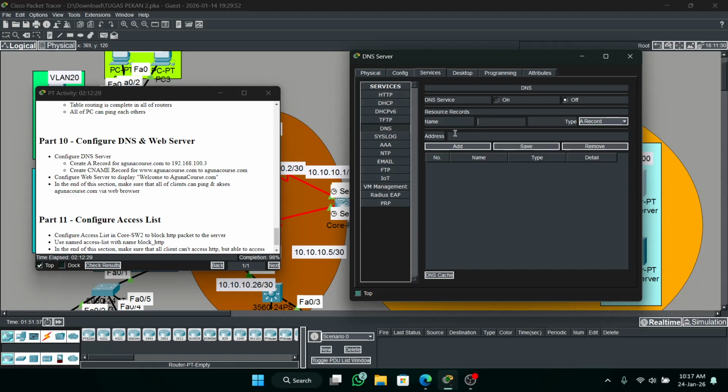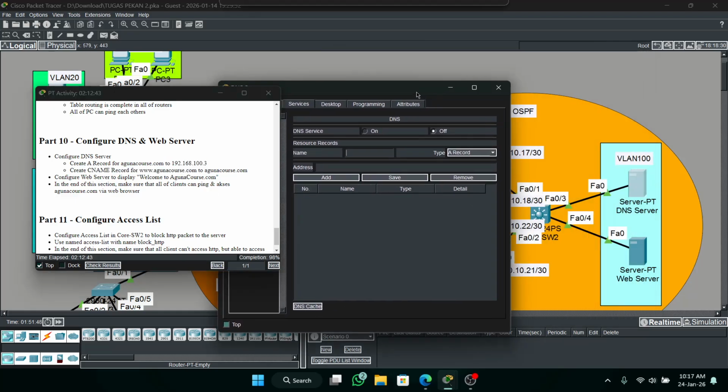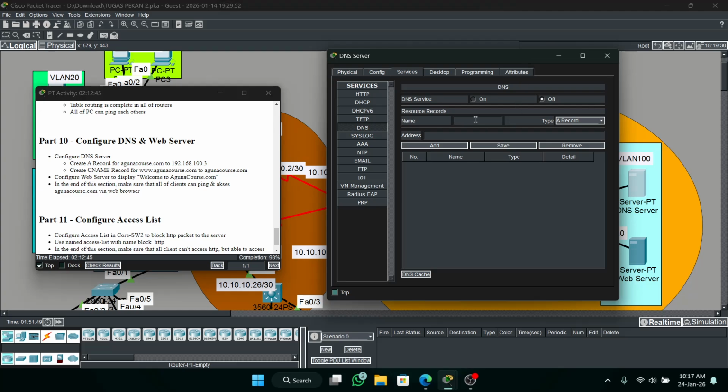Okay guys, go to Services, DNS, and as you can see in the activity here, configure DNS server, create a record for Aguna course.com to this IP address, to the web server.